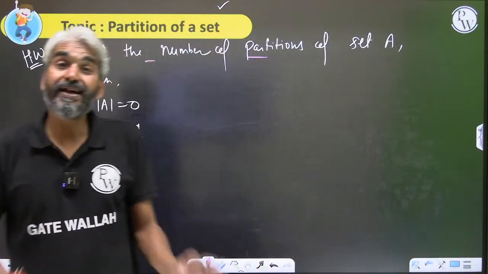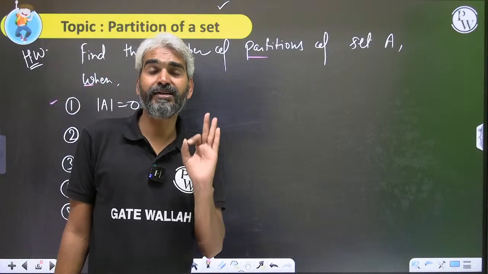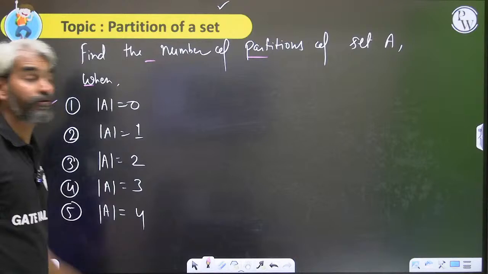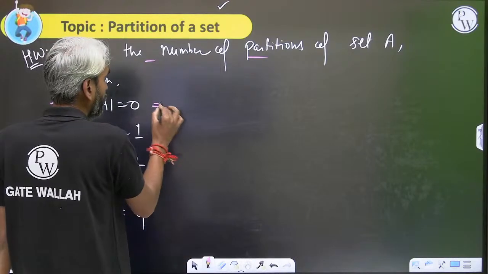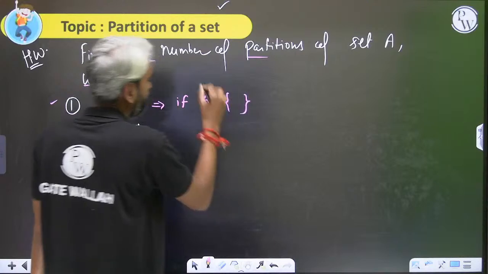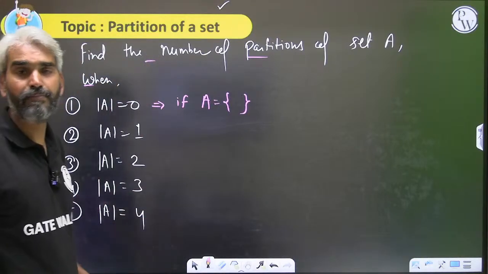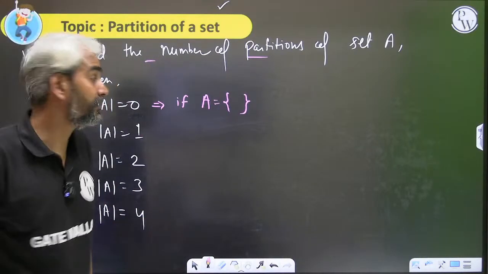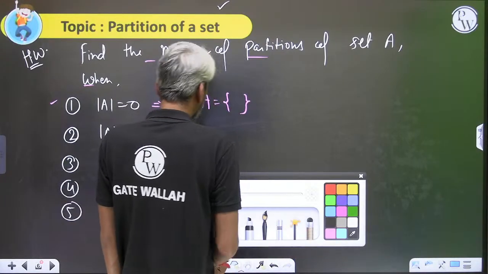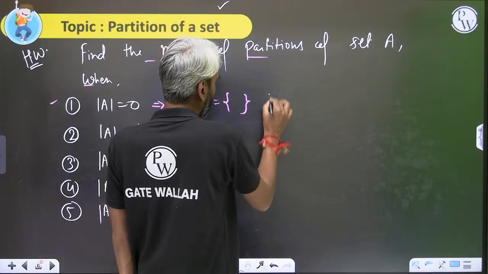No, there will be exactly one partition. There will be exactly one partition of set A when the cardinality of set A is 0. Please try to understand that. If A is an empty set, then what will be the partition of this? Sir, what do we include in the partition? If A is the empty set, then